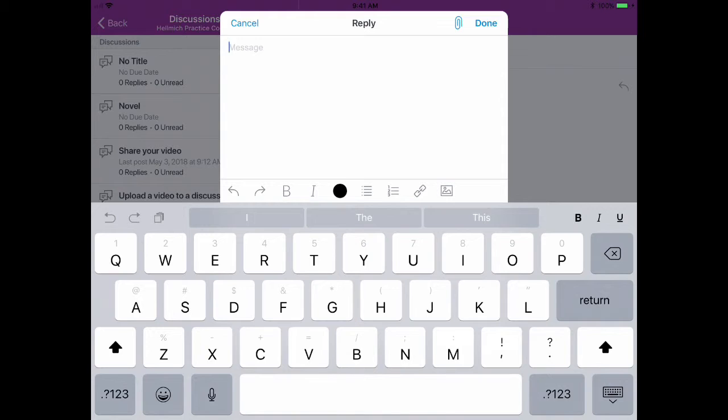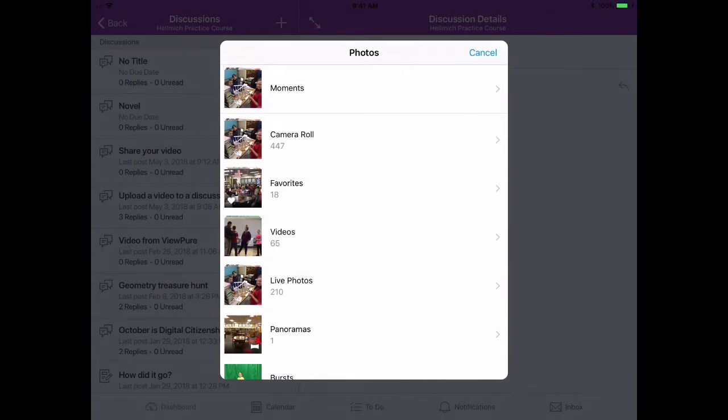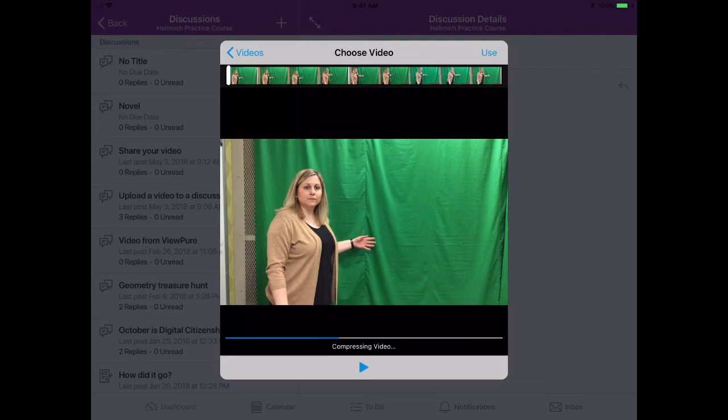Or they can use the image icon, which is right above the word this in that bottom row. This is the one I recommend for attaching videos. And then this window will pop up and they choose the plus button, and they can go into the camera roll and choose it from the library, or they can use the camera and record it live. But if they choose it from their library, they go in, select their video, and click use,